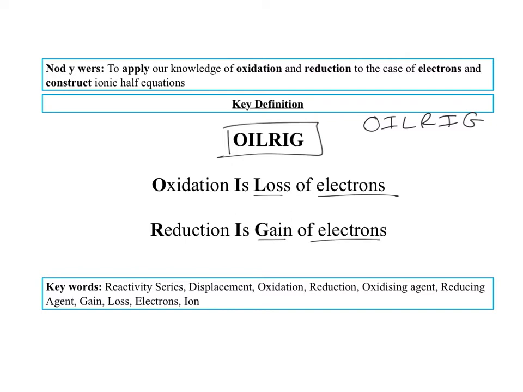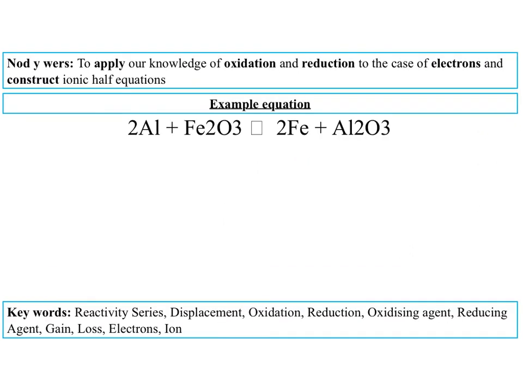Which is going to be a little bit hard because when you're being oxidized, you're gaining an oxygen, but you're losing electrons. When you're being reduced, you're gaining electrons and losing an oxygen. So sometimes it's quite hard for you to get your heads around that. So make sure you copy that down and think about it. So I'm going to do one example with you to show you how you have to display it